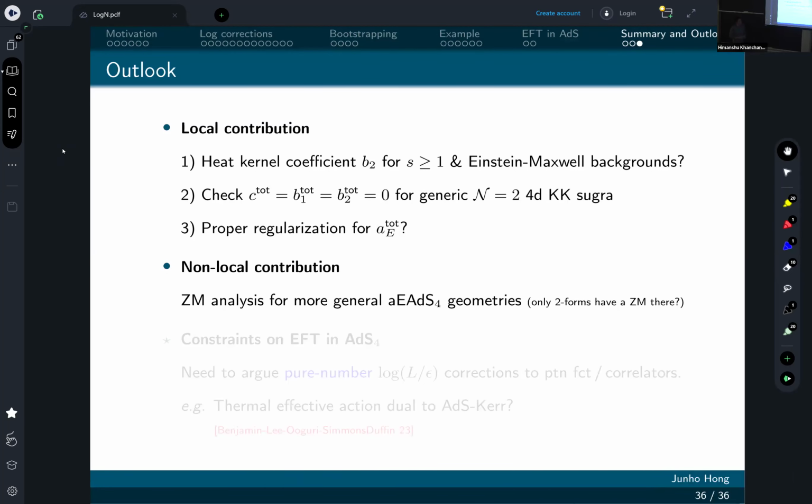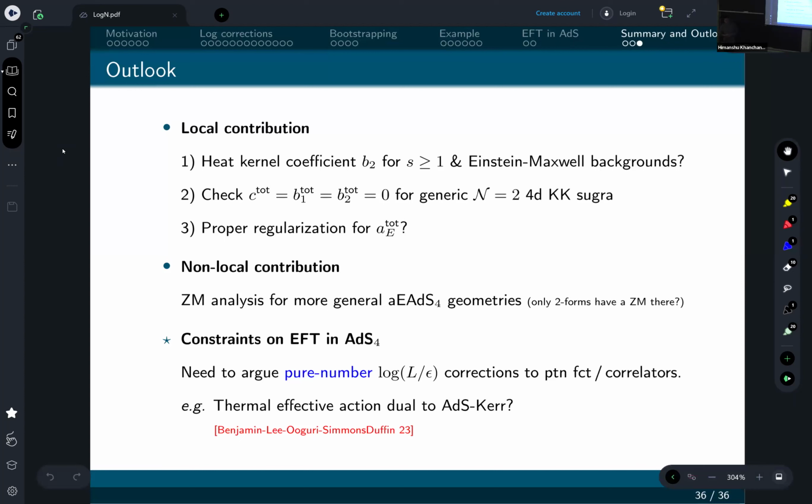And for non-local contribution, I think the first and foremost question is how to do this zero mode analysis in more general asymptotically Euclidean AdS4 geometry. Like for the pure case, we could do that, but what if it's not pure Euclidean AdS4? It's quite difficult. So this is the remaining question. And finally, about the EFT,